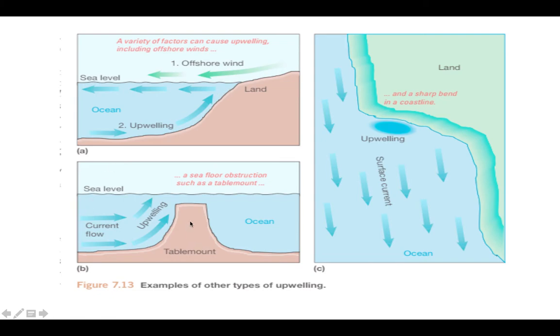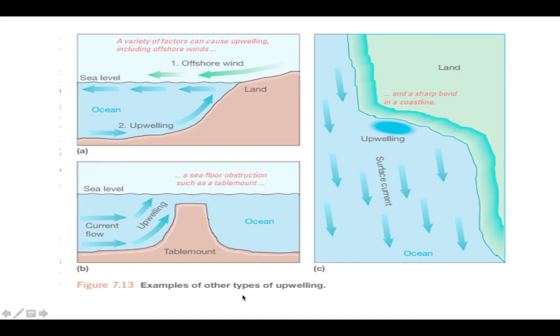If we have obstructions on the sea floors like table mounts, guyots, then we have upwelling. The current is coming like this. It should move this way, but there is some obstruction. It will simply come to the surface. In this way, it will come to the surface with nutrient rich water. Okay, so here the productivity will increase in this region. We know the upwelling zones are highly productive zones.